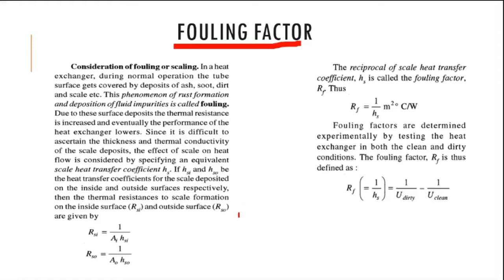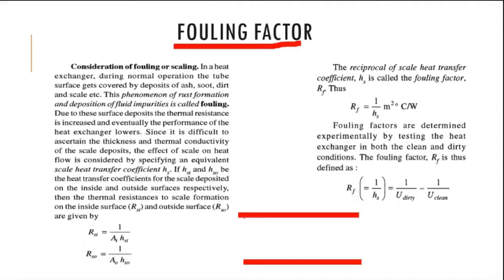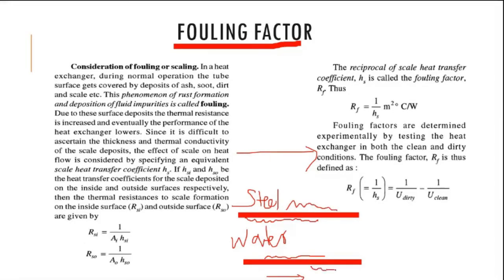Say that you are using a tube through which some fluid is flowing. Say the fluid is water and the tube is made of steel. Is the water going to corrode the steel? Can corrosion take place? Yes, there is a chance that corrosion might take place, or some deposition on the tube. On this side also some deposition might take place. Some fluid will be flowing on the outside surface of the pipe also, so on the other side also some deposition, scaling or rusting might take place.